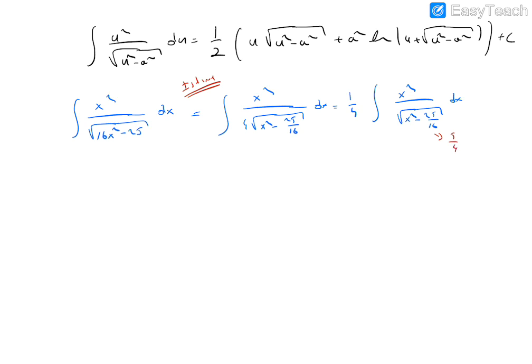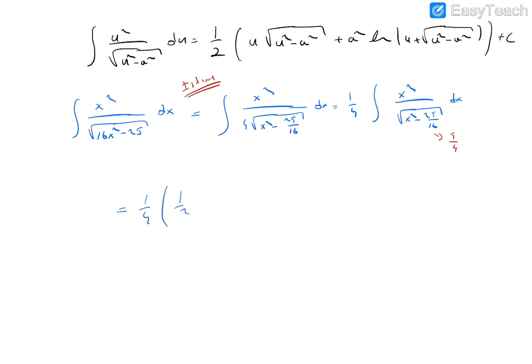Here a is positive actually. In the formula it is written. So a is 5 over 4. Directly you can use this formula. But if a is negative, there is no problem. Always we have a square as you see. So this equals 1 over 4 according to that formula.